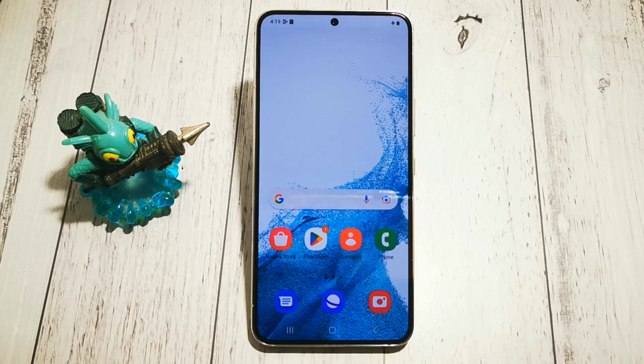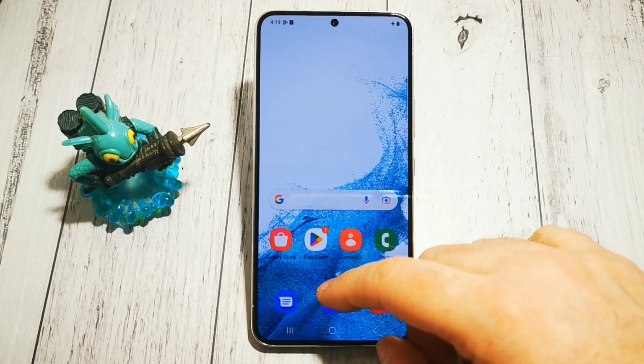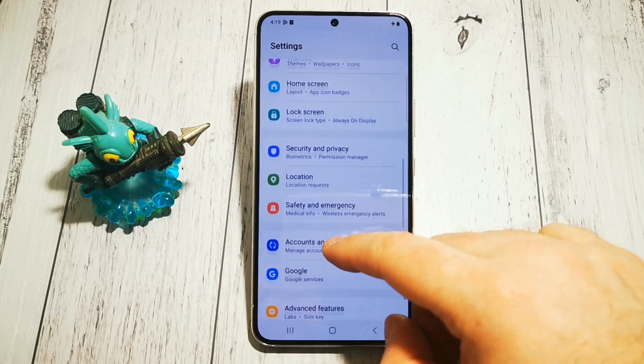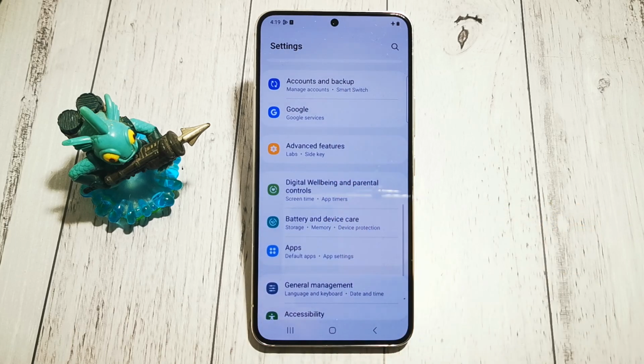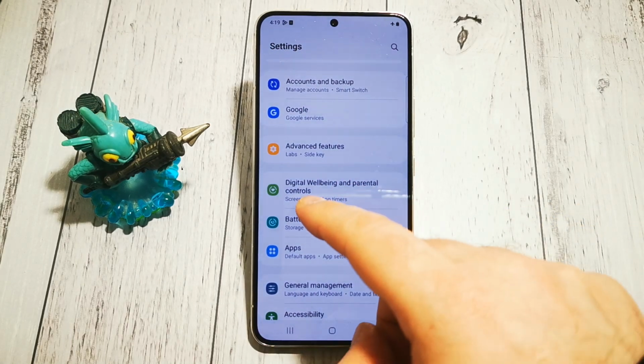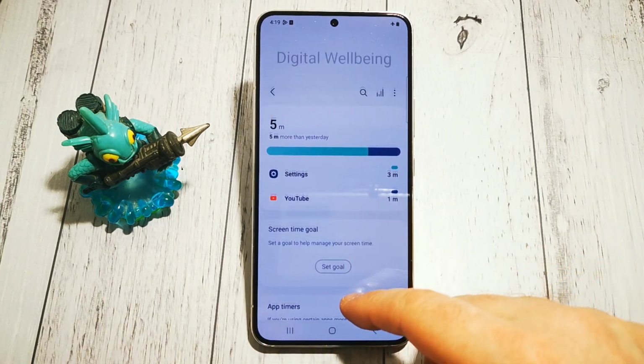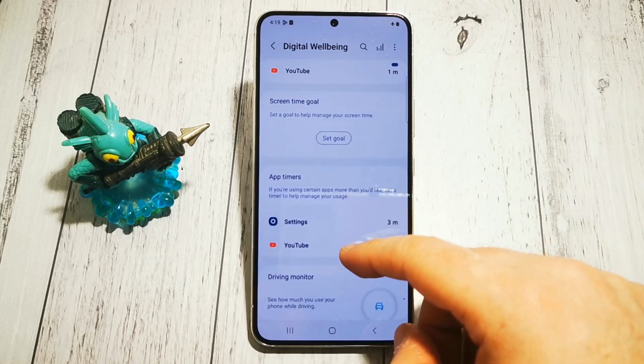Today I will show you where to find volume monitor in our Samsung Galaxy S22. So where to look for this function, where to look for this option? We need to go to settings as always. Then we are looking for our digital well-being and parental controls menu. And in here we have everything about our